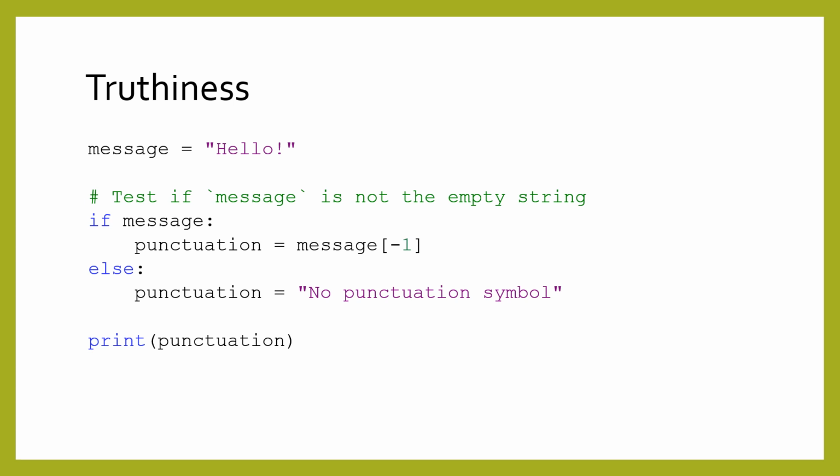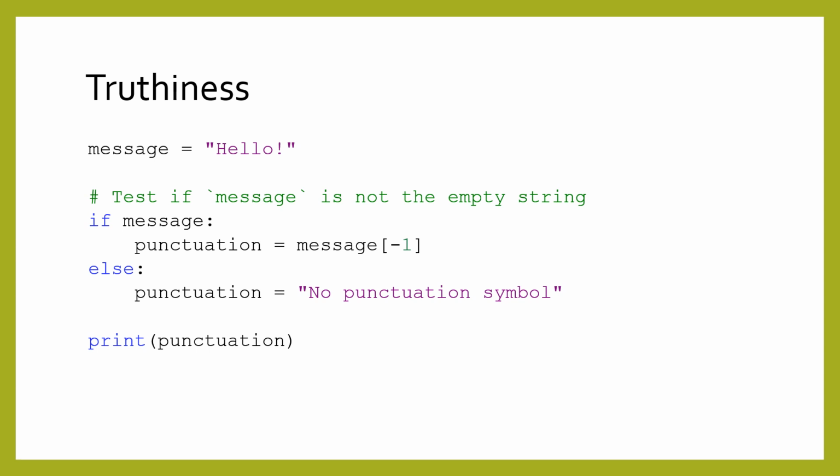The second section of the chapter is about a curious idea called truthiness. Conceptually, the conditional of an if statement is supposed to be a Boolean value, like the result of using the equality operator or greater than operators. However, in Python, and many other modern languages, you can use any type of value in a conditional. When you do, Python applies the rules of truthiness to determine if the value should be treated as true or